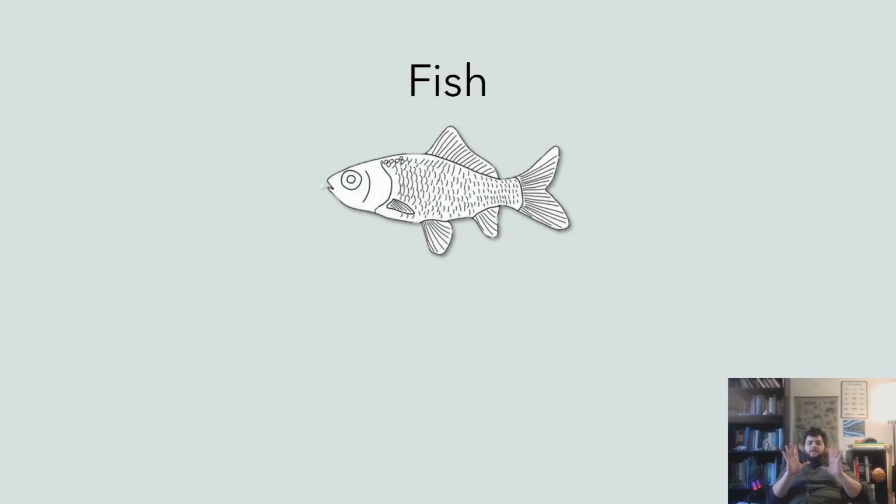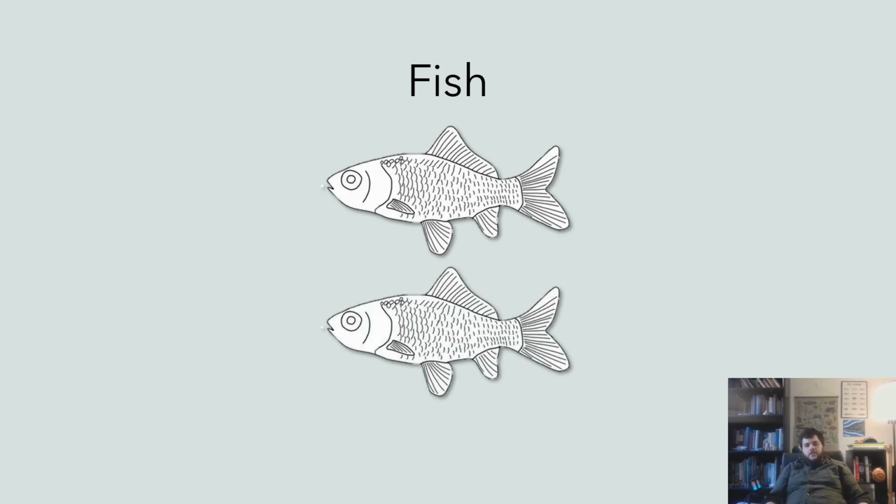The word fish can be singular, right? You can refer to an individual like this goldfish drawing here, right? This is a fish. The word fish can also be plural. You can refer to multiple individuals of the same type or the same species of fish. So for example, we have two goldfish. So you could accurately say we have these fish, plural. Now here's where the confusion comes in.